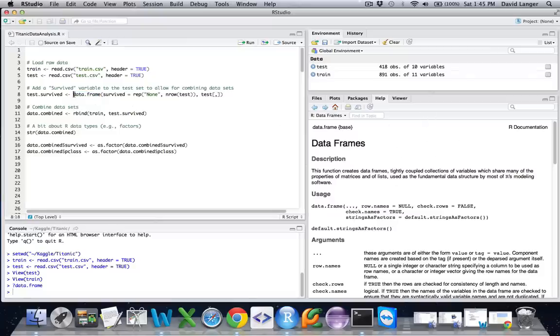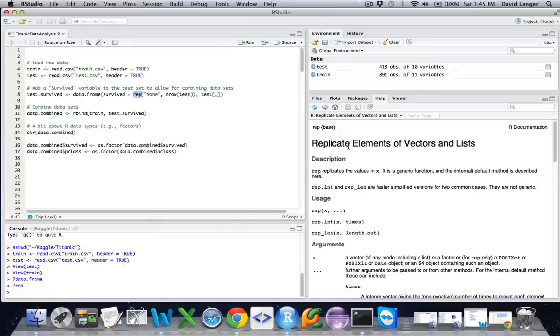So we're using the data.frame function to create a data frame. And in particular, what we're doing is we're saying, okay, I want to add a variable to this data frame that I'm creating called Survived, which would make sense because as we saw, there's a Survived variable in the train data set, and we'll need to add one to the test set to make it 11 variables and make it on par with the train set. Now what I'm doing here is I'm using another function from R, and let's go ahead and take a look at that in the help system.